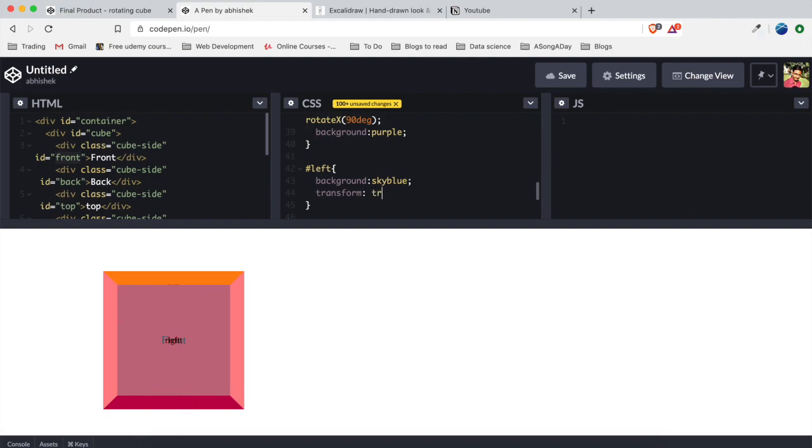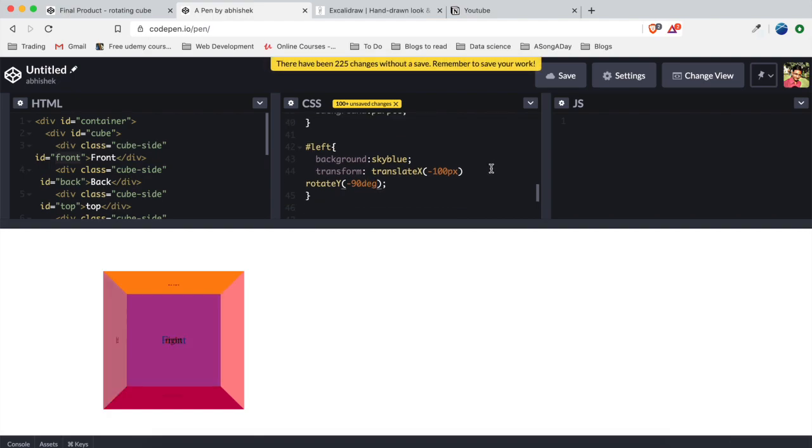So translate X and then 100 pixels. Okay, that would be minus actually, because we have to move it to the other side. Then we have to rotate it with respect to this axis, and that is the y-axis here. So we will rotate Y and then minus 90 degrees. As you can see, we got the left face here.